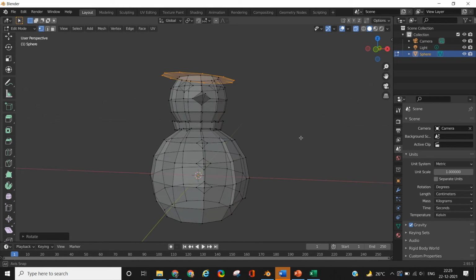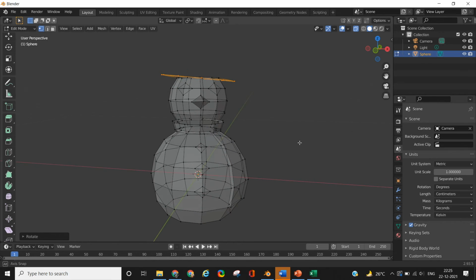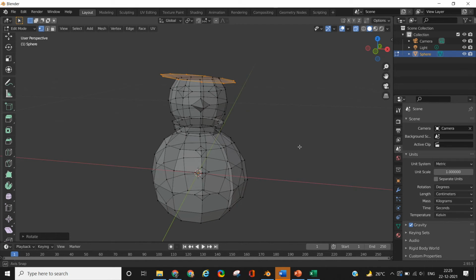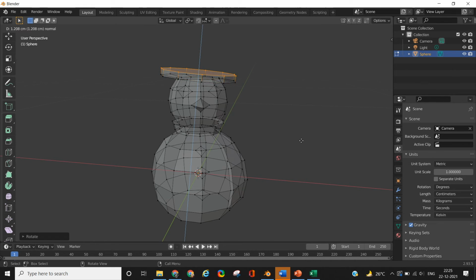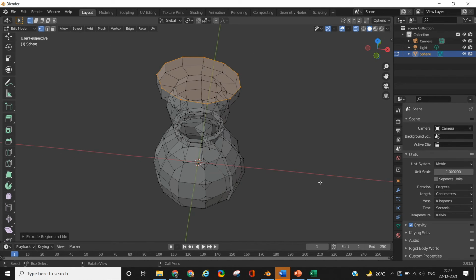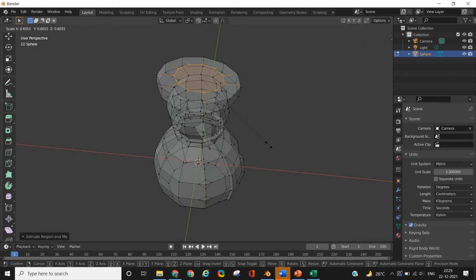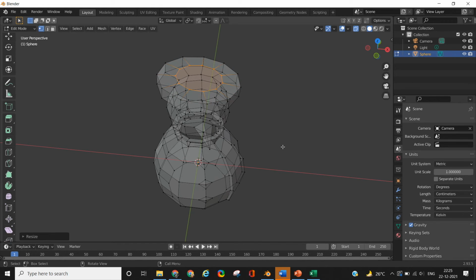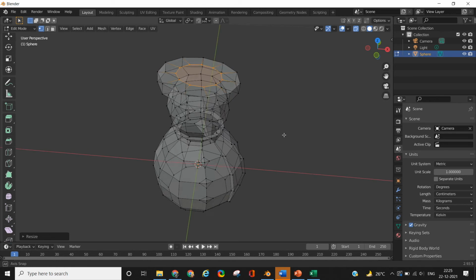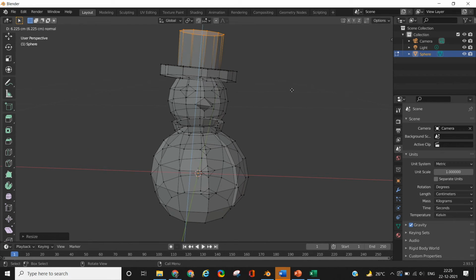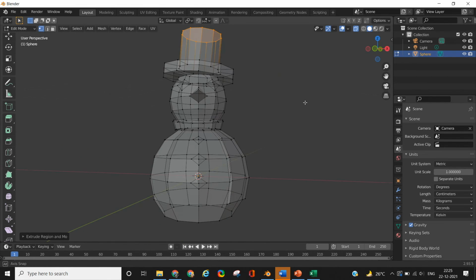Now that the base is tilted, press E again to extrude it in the upward direction to create the rim of the hat. So press E and then slightly drag the mouse to create the rim. Then once again press E to create a 0 thickness extrusion by pressing E and then escape, and then press S to scale it down to create the top portion of the hat by once again extruding by pressing E on the keyboard and then extruding as per your desire how high you want the hat to be.